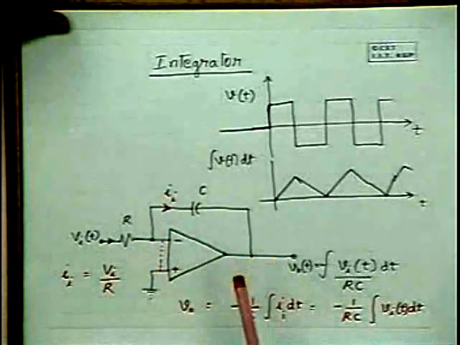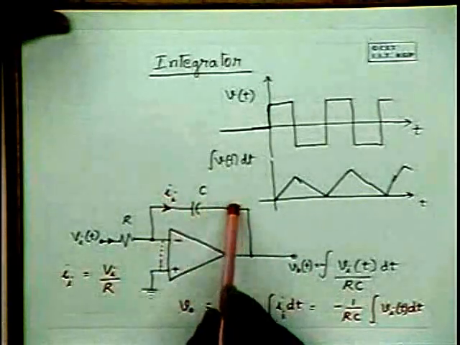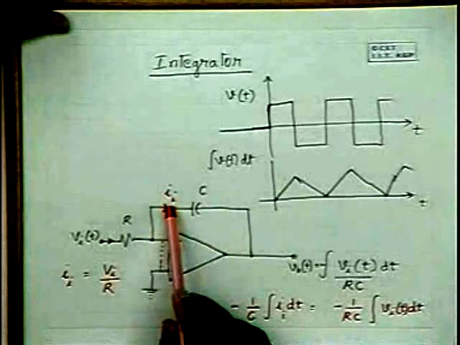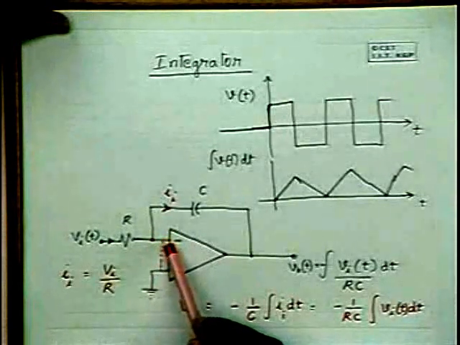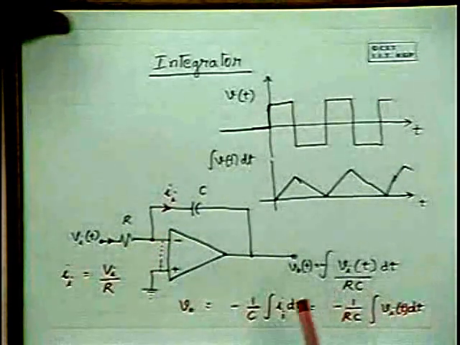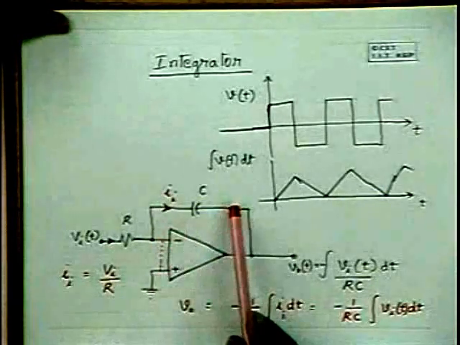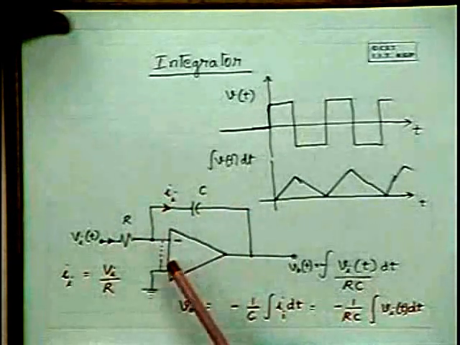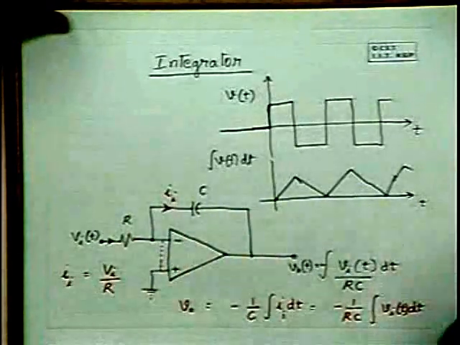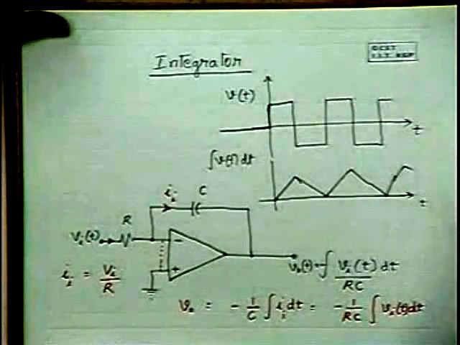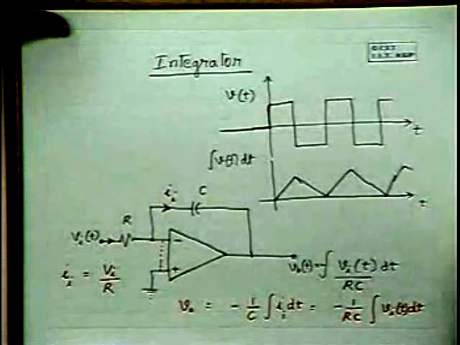And that's what happens. Hence, minus C dV naught by dt would be the current that flows through the capacitor, and that's what compensates this, and no current flows through this terminal into the operational amplifier. So this virtual short and the principle of feedback are applicable because of the operational amplifier. If you remove the operational amplifier, the input and output terminals are isolated and it doesn't work like an integrator, assuming that you are going to short circuit this.